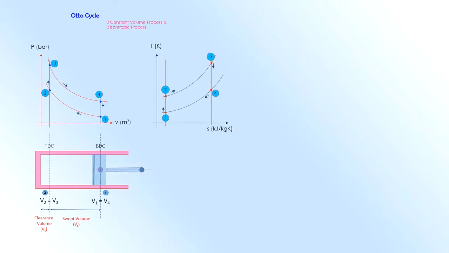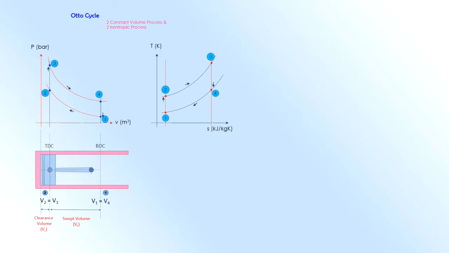But in actual practice, there would be a clearance between the piston and the cylinder, and that gives you the clearance volume, which is the minimum volume. The maximum volume would be the swept volume plus the clearance volume,